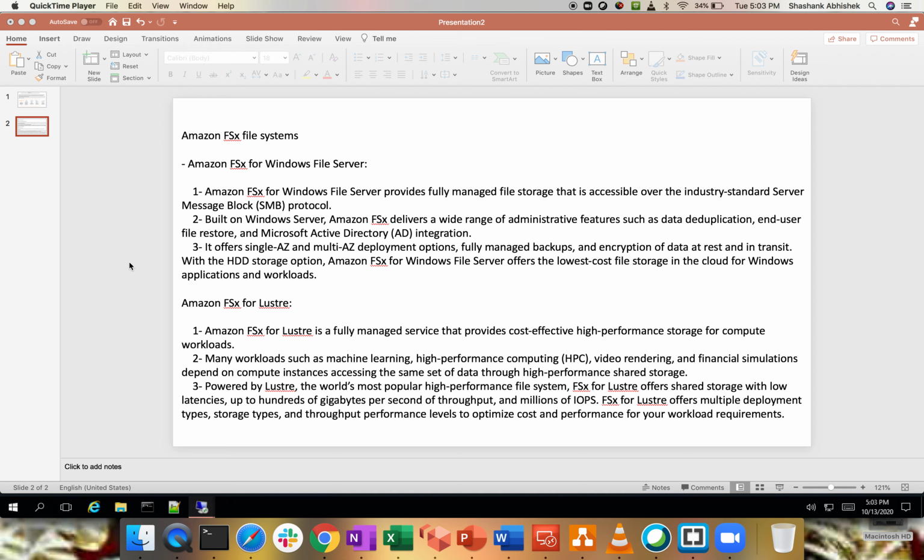Okay, so I hope this clears up a lot in terms of the concept: what FSx is all about, how the FSx architecture has been designed in the background, on which protocol it works, what benefits you are going to get, and what kind of file systems we have in Amazon Web Services. So let's jump to our AWS Management Console. I'm going to show you how we can configure FSx.